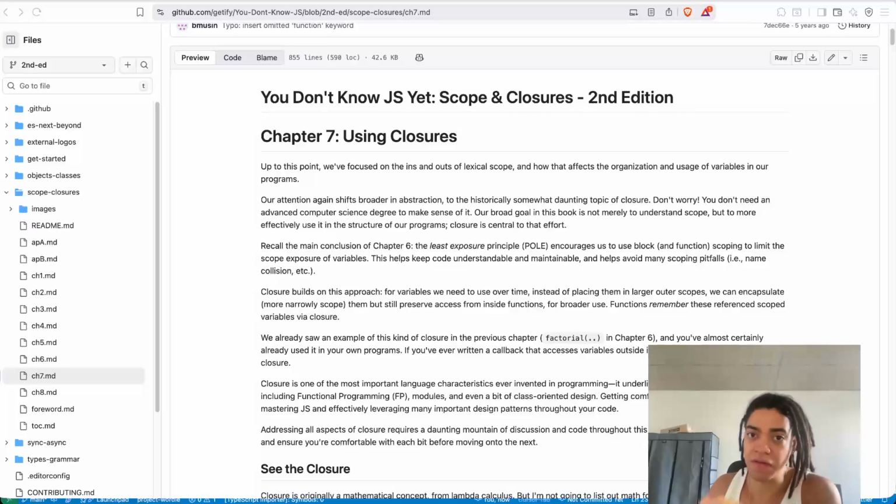whether it's in the function, in the block, or in the global scope, like the window, the service worker, as well as the modules in Node, whether it's CommonJS or ES modules. And what is the goal of scope, which allows us to share functionality across different scopes, right? And then we looked at